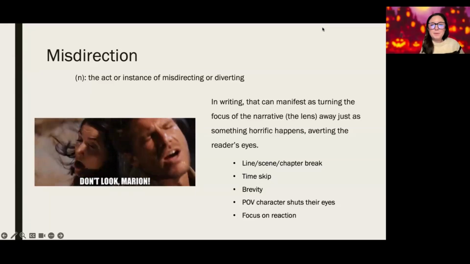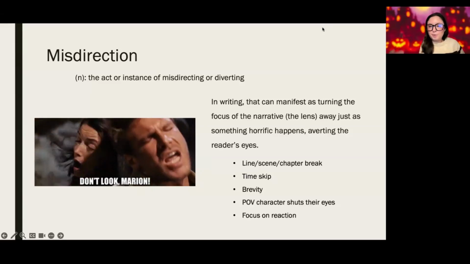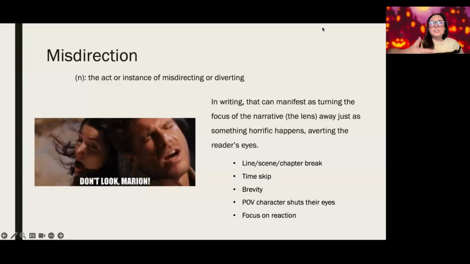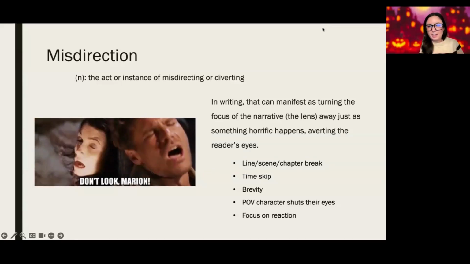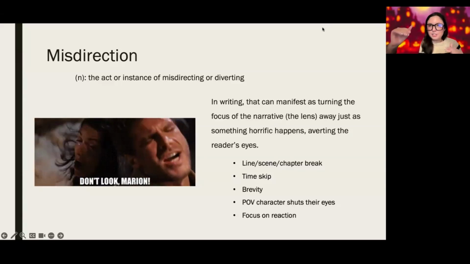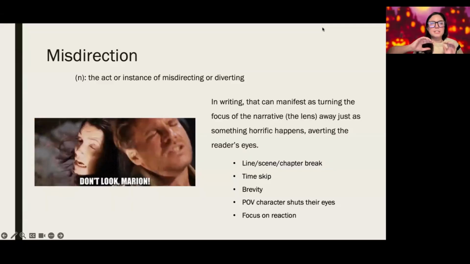So sometimes that can be cutting a scene, whether it's having a line break or a scene break, or sometimes even a chapter break. So, for example, you've got that character hiding from a serial killer, and you build up the tension. You show that time dilation, that they're counting their heartbeats. They're listening to every creak in the floorboards.